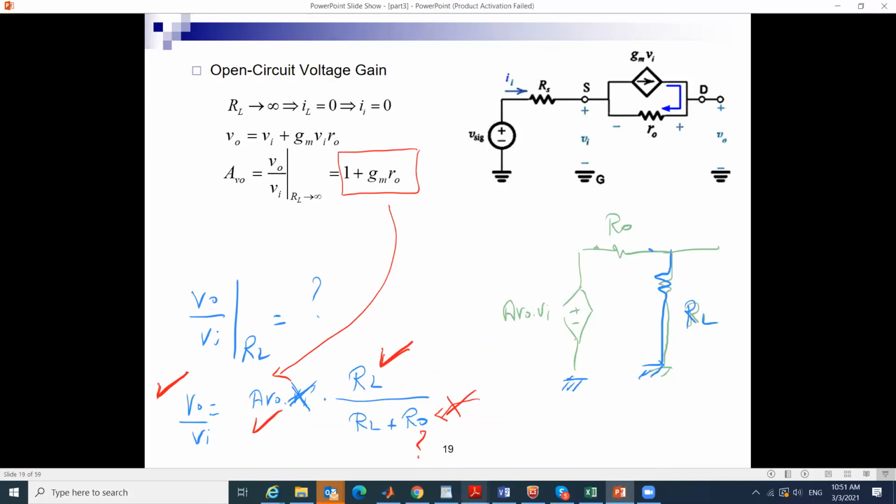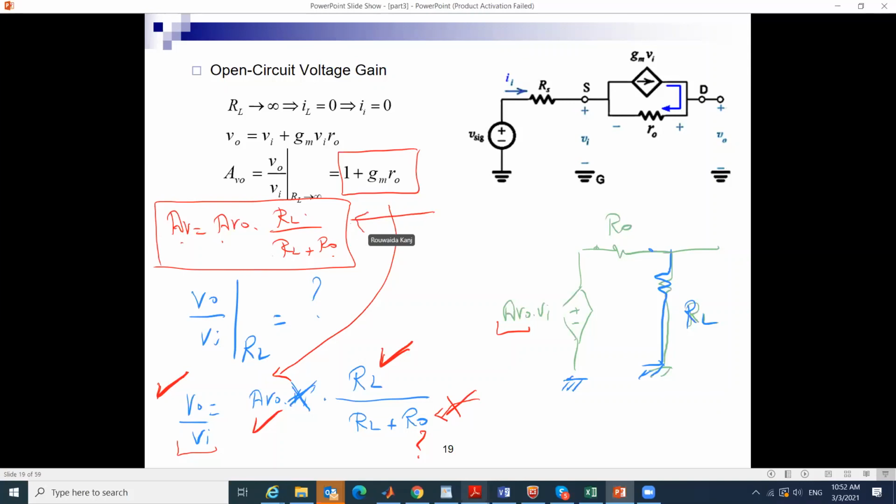And the relation between AVO and AV is that AV is equal to AVO times RL over RL plus RO for the circuit. Keep in mind that some of these will be known and the others will be variable. Next time we will go over this slide again, but these are important things that you need to keep